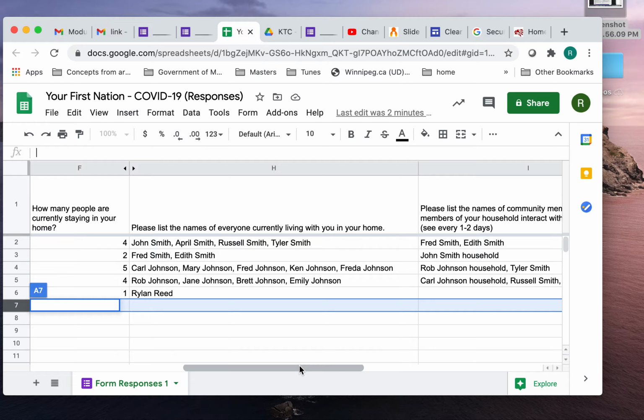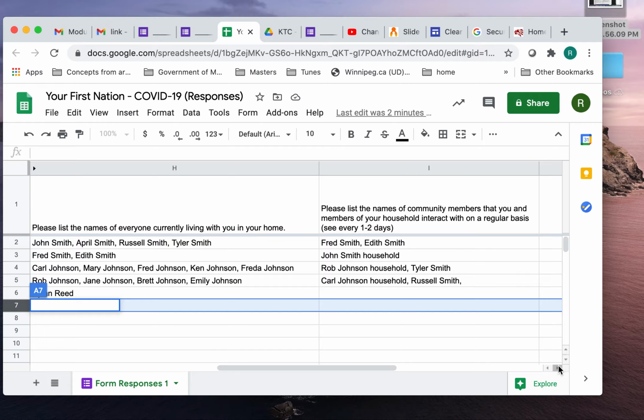So let's say you do have a positive case of COVID in your community. This is how this would work. Now all of this would be anonymous, obviously. Your health team would probably know who that individual is, and they've signed confidentiality waivers. But let's say in this instance, I'm the health manager and I find out that Tyler Smith has tested positive. If I was using a PC, I would hit Control F, but because I'm using a Mac, I would use Command F. Okay, so I would type in Tyler Smith's name,